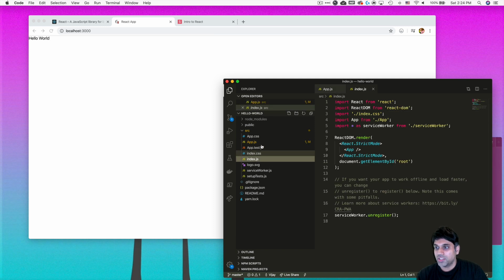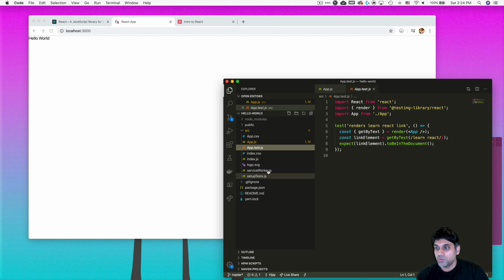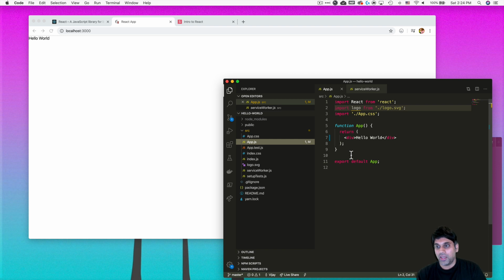Here's an index.js, and what is this CSS, and this test.js, and what are all these other files like service worker, setup tests, and all that. So we'll get to all that, I promise. We'll get through them in stages. For now, let's just keep our attention at app, because in web development, especially in the last, I guess 5-6 years,